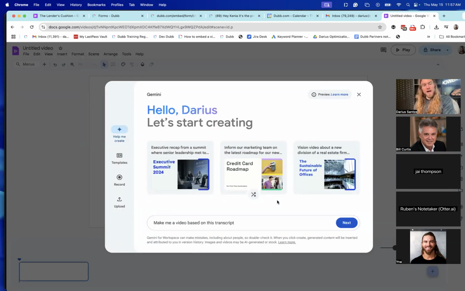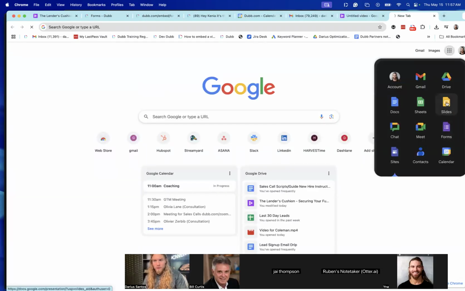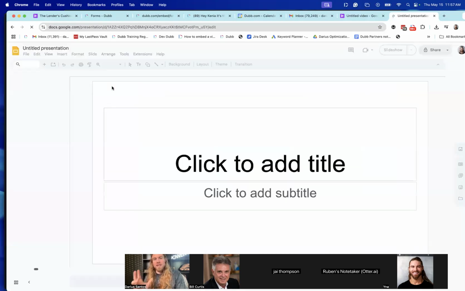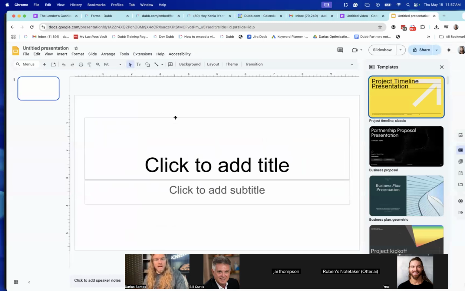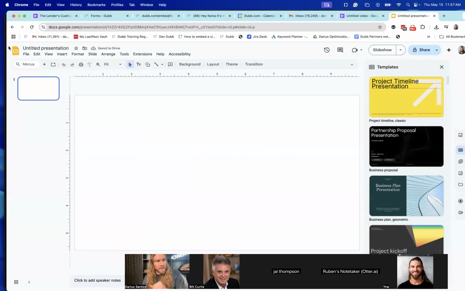What's even better is if you guys want to give it a little bit more information, like let's say, Jai, you were just talking about an $8 million, a $10 million listing. What you can actually do is take some images of that exact listing and use them here. I can open up a Google slideshow like this. So I'm going to open up my slides, and instead of these generic ones, all I have to do is take some of the images, the visuals, the titles, the things that are unique to my business, and throw them into a slideshow. Literally, just copy and paste or upload, have the images available in the slides.